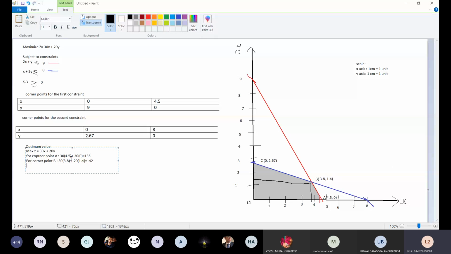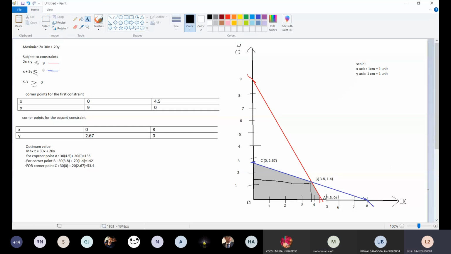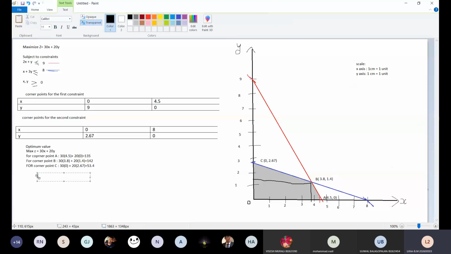This last one, for corner point C: 30 into 0 plus 20 into 2.67, that is 53.4. So what is the optimum value here? 142, right? That is where we are seeing the maximum profit. So therefore,